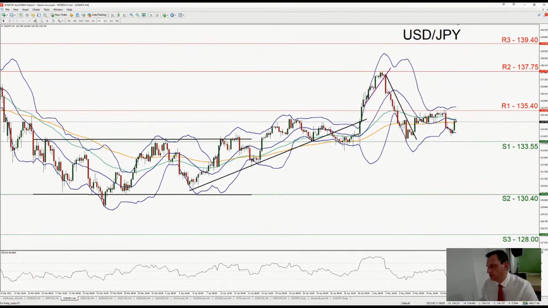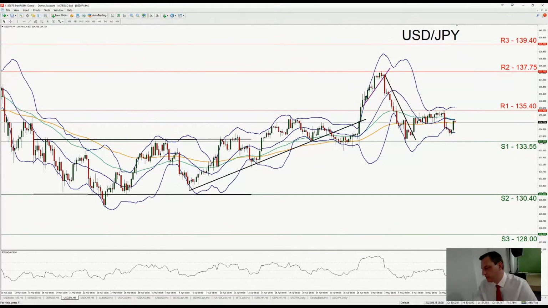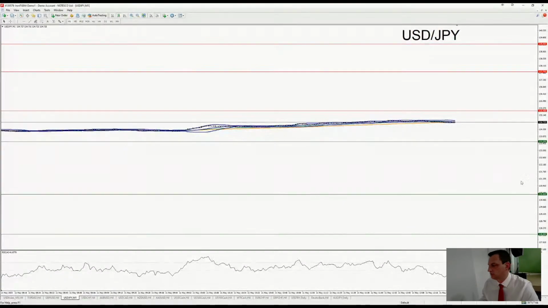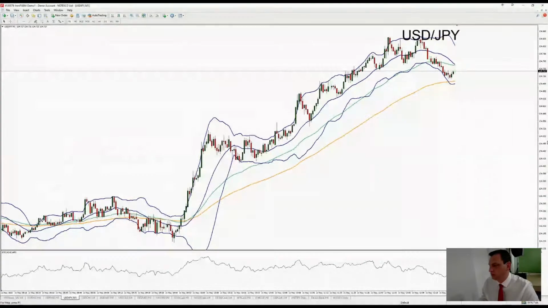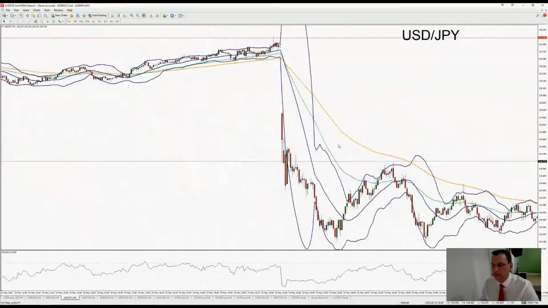The RSI indicator has risen, reached the reading of 49.56, pretty close to the reading of 50, implying a rather indecisive market. It's interesting how the USD moved against the JPY. And I would be noting this because if we drill to the 1 minute chart, let's widen it as far as it goes. And let's go back. You can see a strong drop during the American session yesterday,